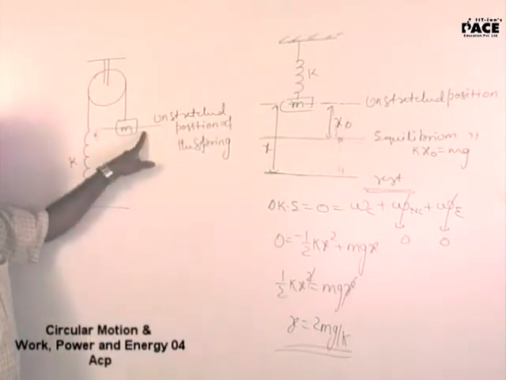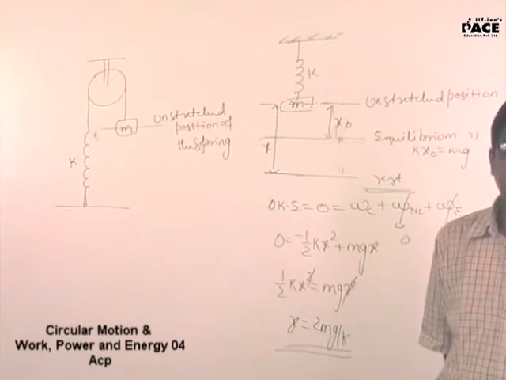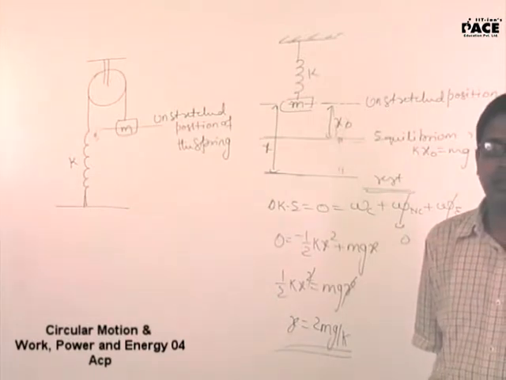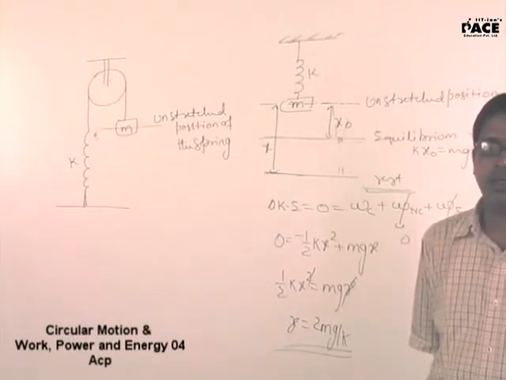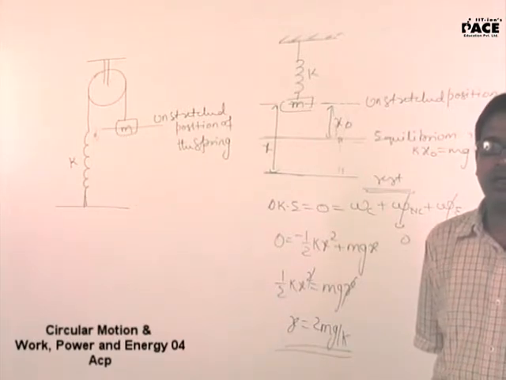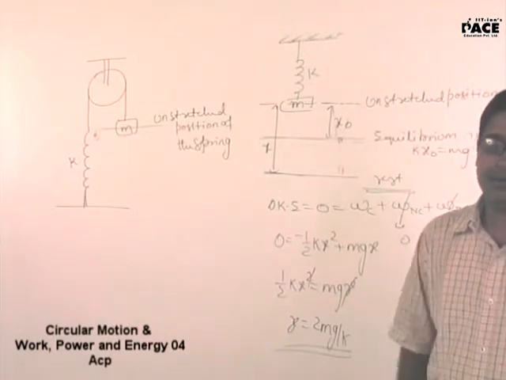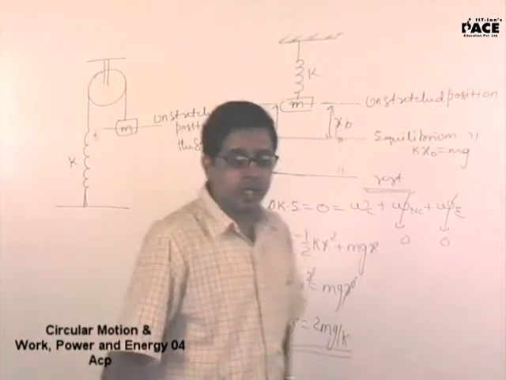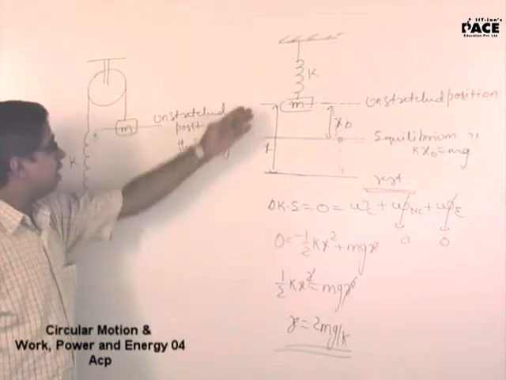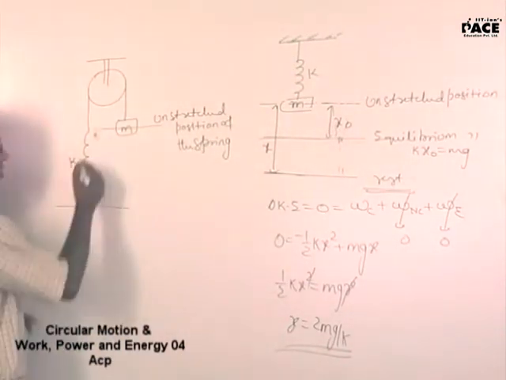If released from this position, find the maximum elongation in the spring. So it would be the same. The tension in downward direction there will be mg, in upward direction there will be tension on the mass. Same on both sides. How can you people do that here? The answer is the same. Same question, I just put a pulley and brought it connected to the other side. Why will the answer change?